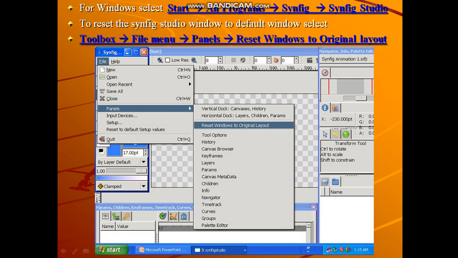So this is Toolbox. Inside Toolbox, you have to click on File menu, File, Panels, and there you have to select Reset Windows to Original Layout option. So if any toolbar is not visible on screen, then you can select this option to reset it.